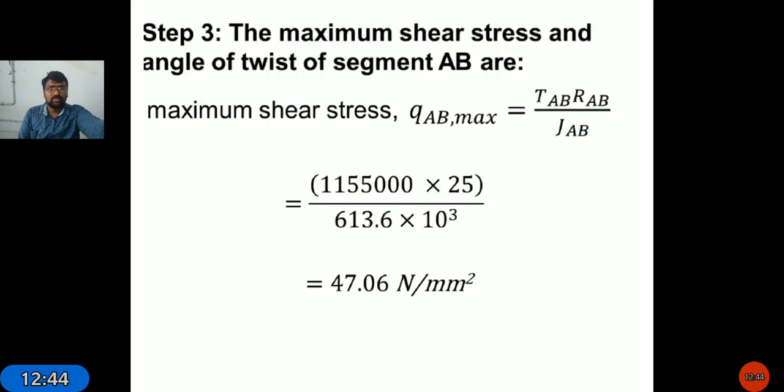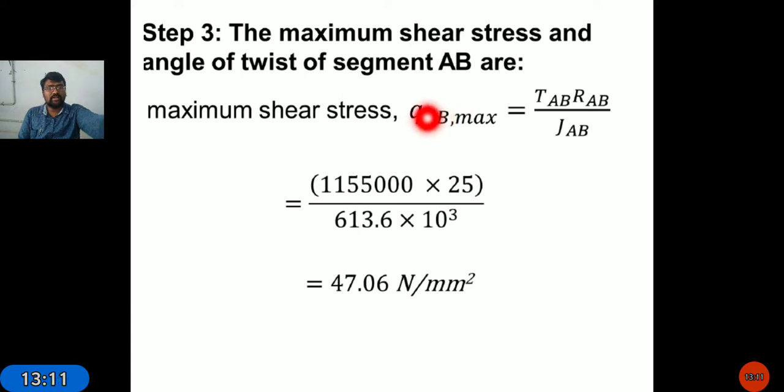Next, step 3: the maximum shear stress and angle of twist at segment AB. In the required data, they asked for the maximum shear stress developed at point AB. We know the formula T by J equals to q by R. Therefore, from this equation,